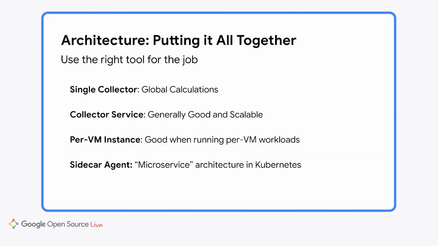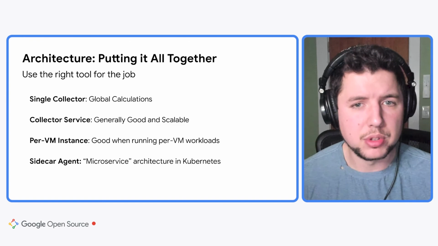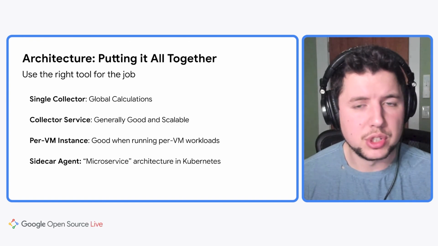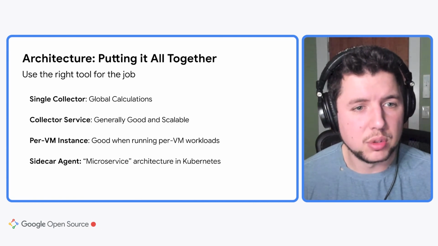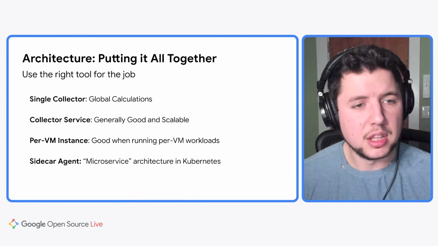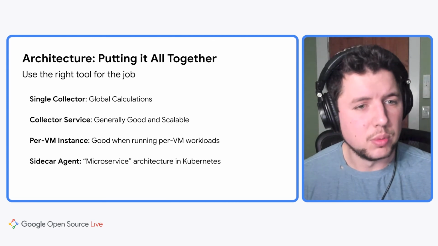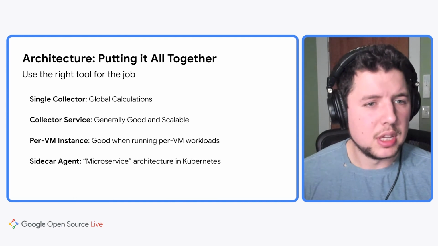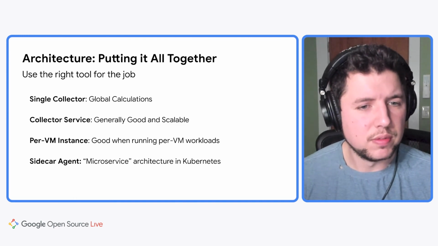To recap, I'd recommend getting started with a single collector and then branching out from there. The collector service is a good choice generally, but you'll likely want some metrics from hosts as well, so maybe some per VM collectors. But you don't have to stick with one approach. It's common, for example, to mix and match sidecars, which get telemetry offloaded quickly from the applications, and then forwarding that on to a collector service, which communicates with the backend. But broadly speaking, it's okay to mix and match and use the right tool for each job.